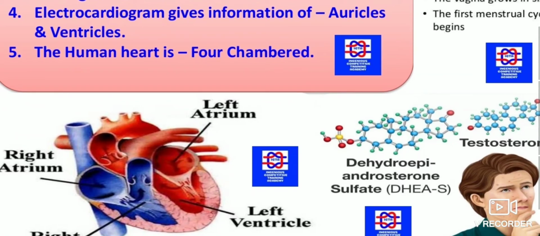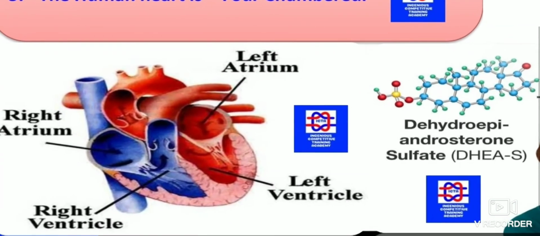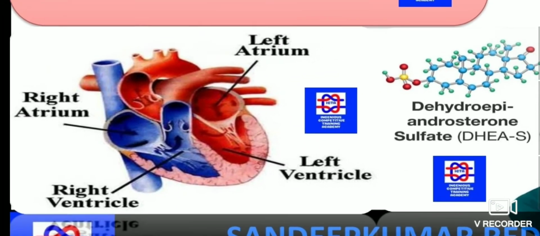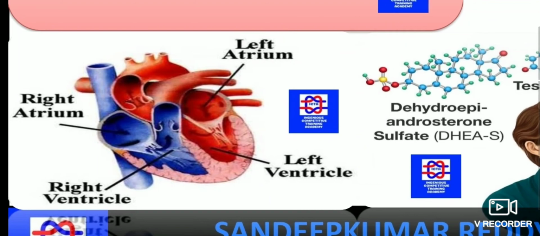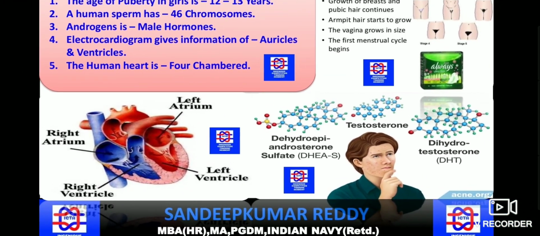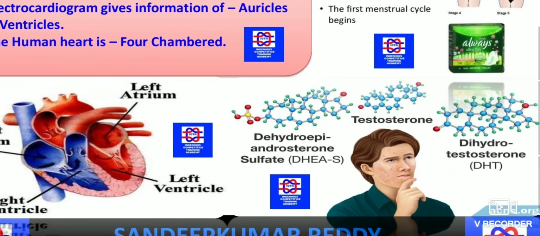So this ECG gives information about the auricles and ventricles. That is the reason we take the ECG report, which gives the pulse as well as the heartbeat. The human heart is four chambered. As we are aware, these are the four chambers the human heart has: left atrium, right atrium, right ventricle, as well as left ventricle. So as you can see here, the testosterone, as well as,